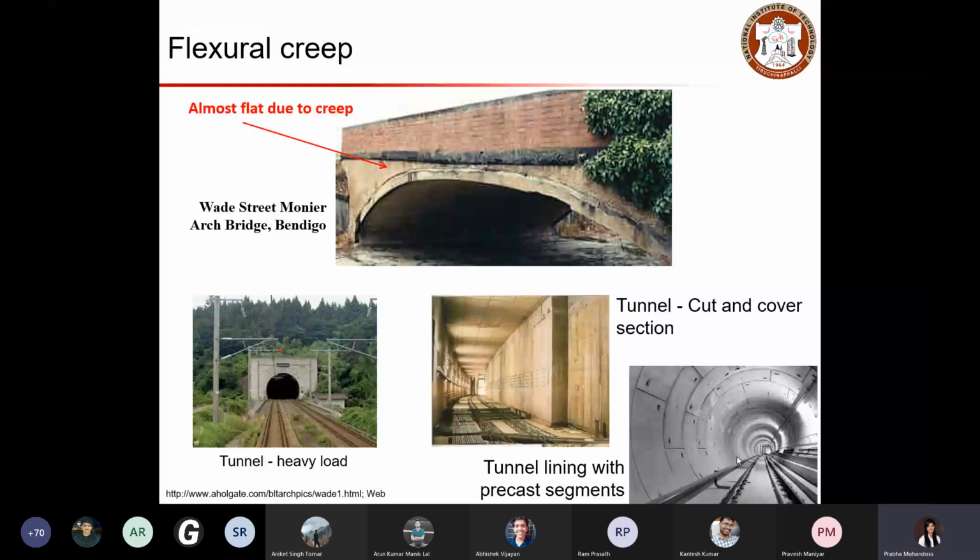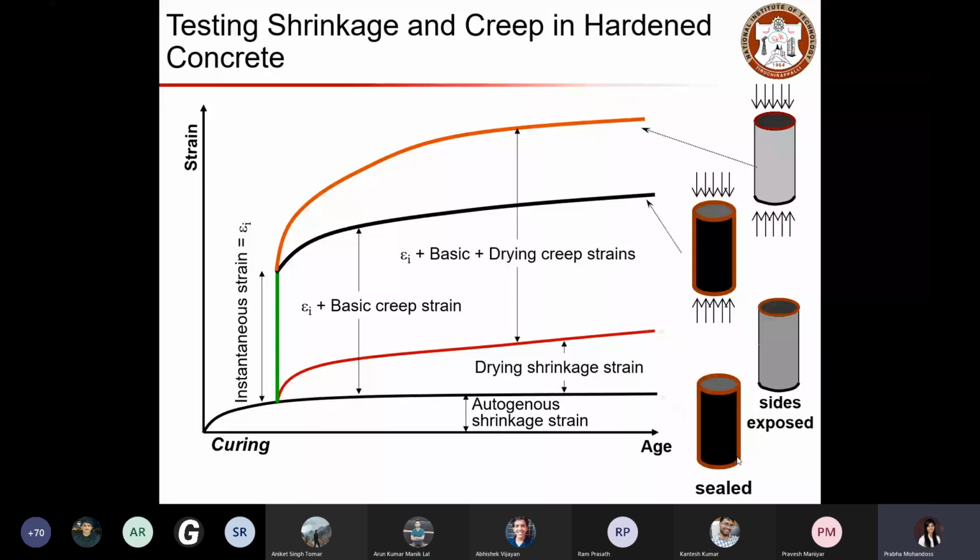So now, how can you address those types of shrinkage and creep in hardened concrete? So before selecting the concrete for particular applications, what you can do is design the concrete at laboratory scale, and you can study and understand how the particular type of concrete is going to behave when you experience such situations, either shrinkage or creep. So you are all familiar with how the shrinkage occurs, based on its loading conditions and its moisture loss, so you experience strain.